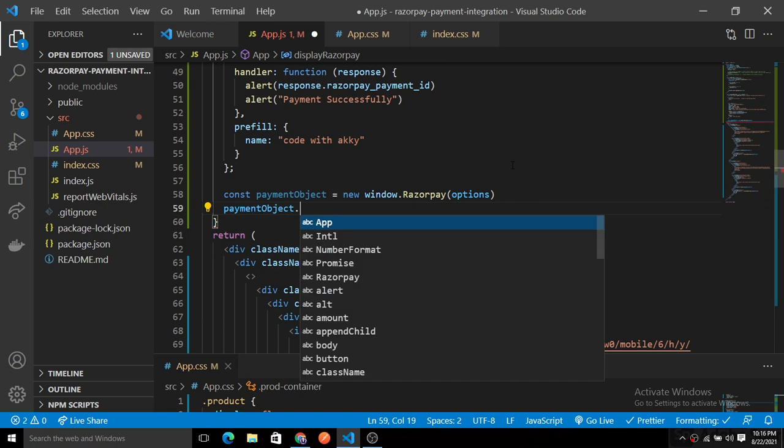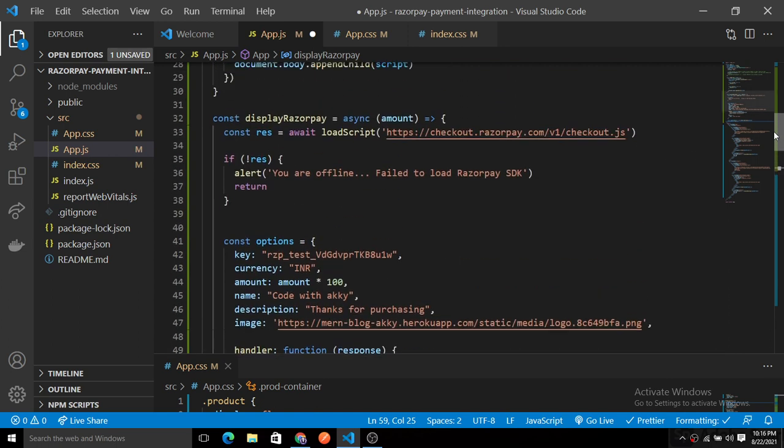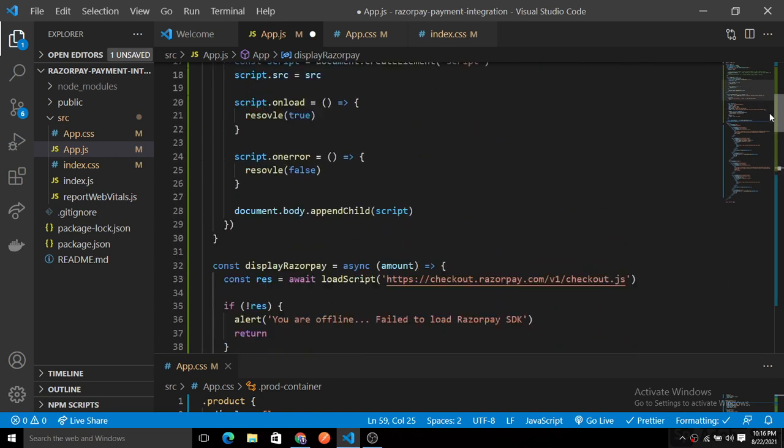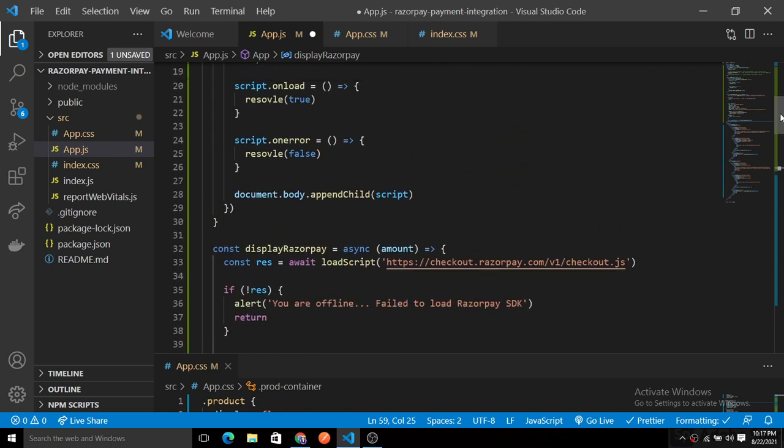So payment object dot open is the function for opening the pop-up, and that's it. That's about lines 15 to 59, like 60. Basically this is less than 50 lines of code, and your payment integration is done. Now let's test whether this payment integration is working or not.